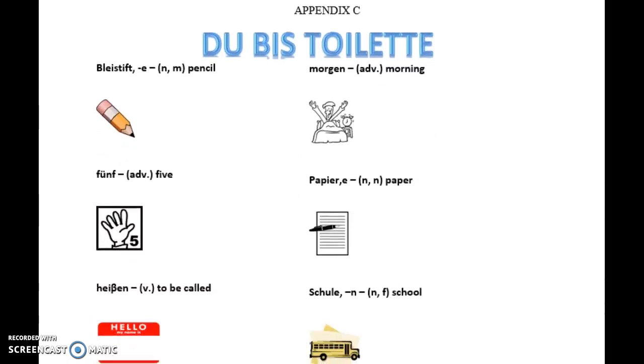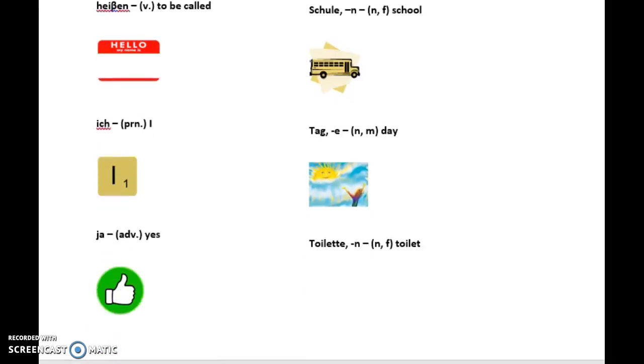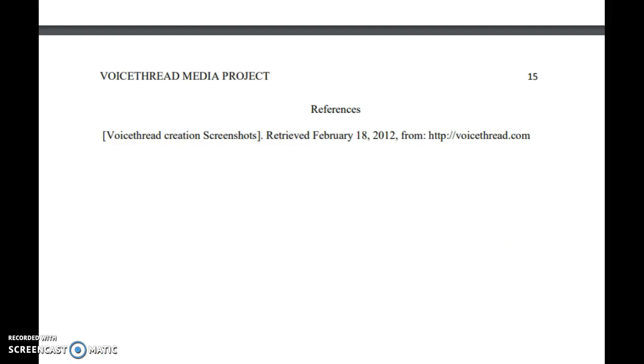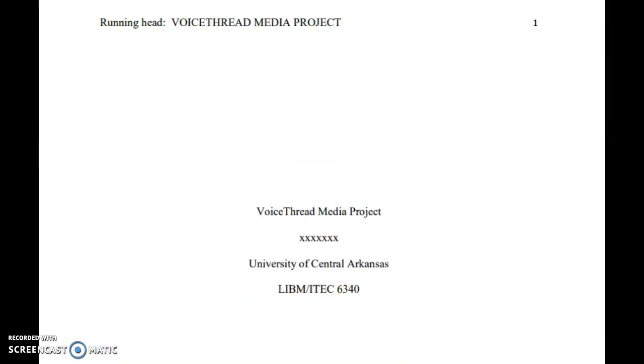Also, their clip art, they didn't really say where they got that from, but I did like the sample that they put together of a media product that they would expect their learners to achieve. Which brings me to a sample of the VoiceThread product or project that Dr. Hu